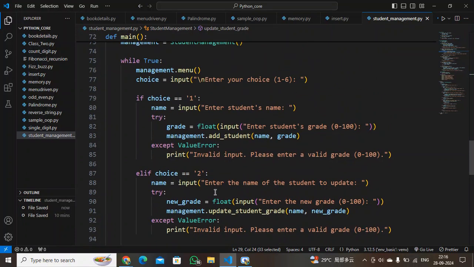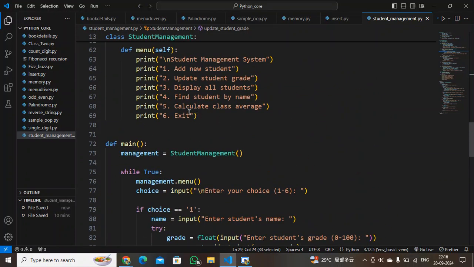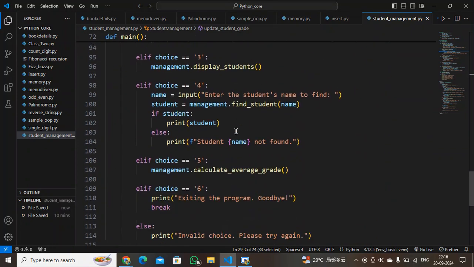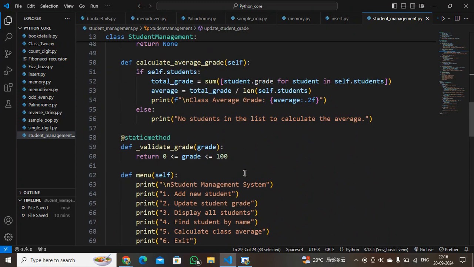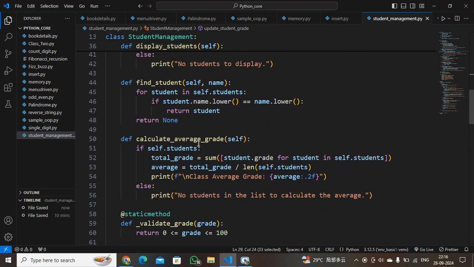And again, let's see the fifth choice, that is we have to calculate the class average. For calculating, we are calling the calculate average grade method. So here comes the calculate average grade method. Here we are iterating over the student list.